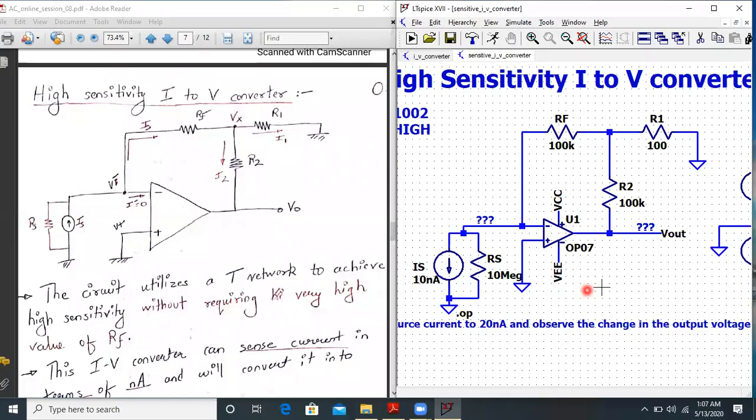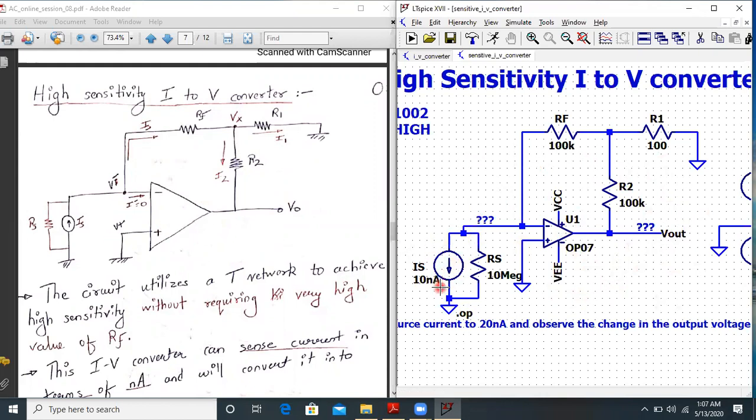What we have done is fast forward the video, and in the meanwhile I've already built the circuitry on LTspice just to save time. We are not going to learn how this circuit has come about and what the mechanics of this are. We are directly going to use the formula. I just wanted to show you the screen and the comparison.